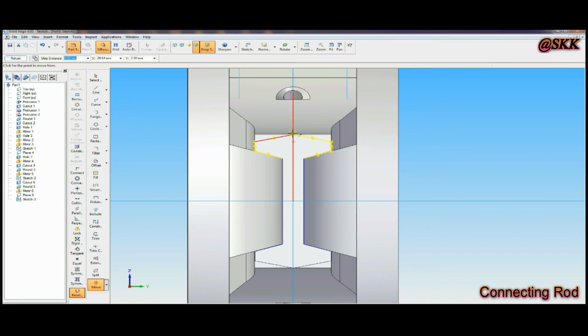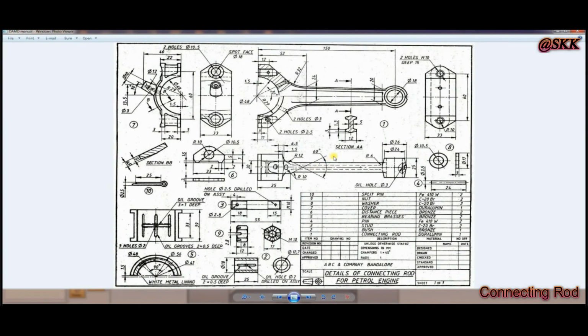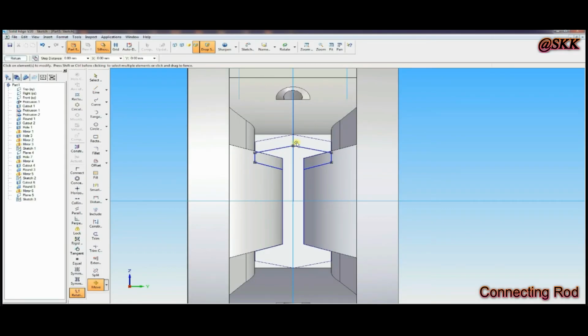So why 2? Because here according to the drawing, one end profile is 24 mm height, another end is 20 mm height. If we deduct 24 minus 20, you get 4 mm. On both sides 2 mm you have to deduct. For that purpose, the y distance here is given 2 mm. Like this you have to click. Then that one is given 2 mm distance.